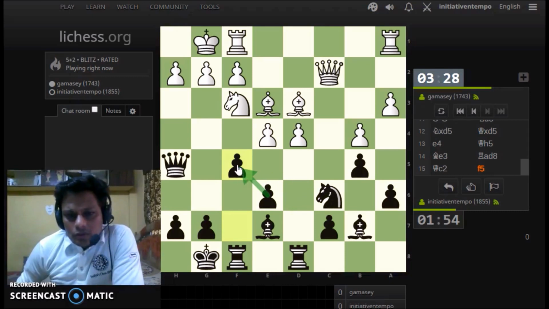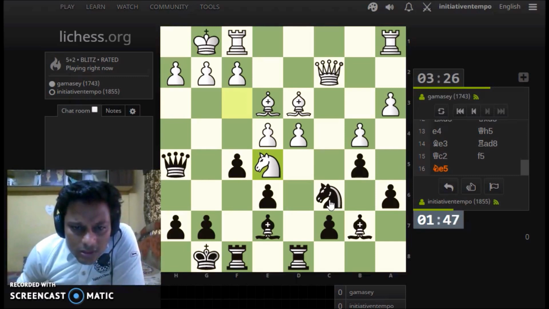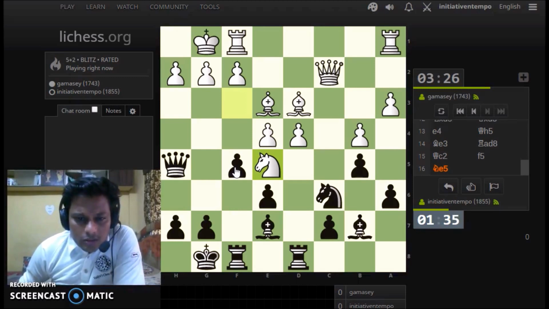Mind you, this could also be good if I take and he takes and then I play knight takes. Okay, this actually is something here for me, I'm sure. But what exactly is there to it? Rather do the calculation quick. I'll take this one, he's gonna take this. Okay,